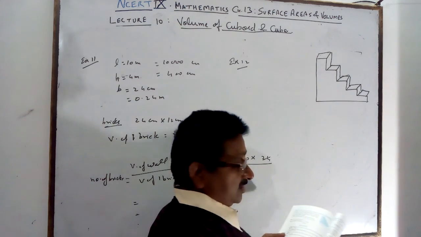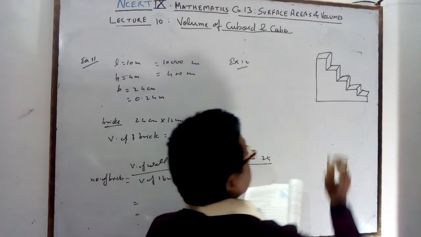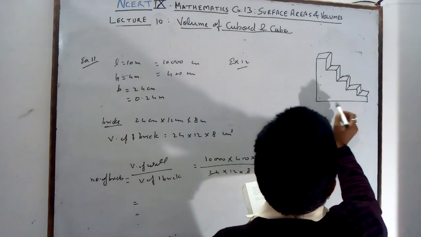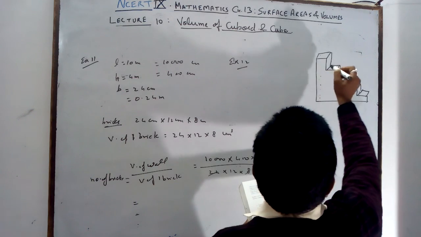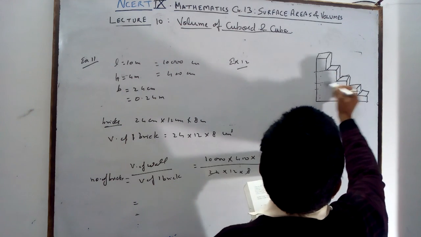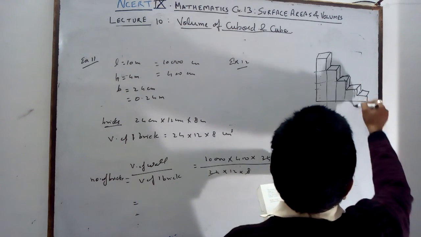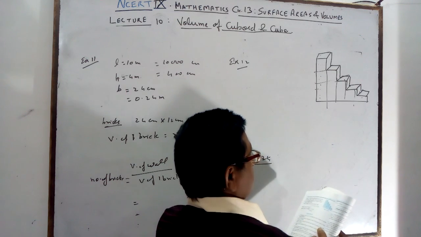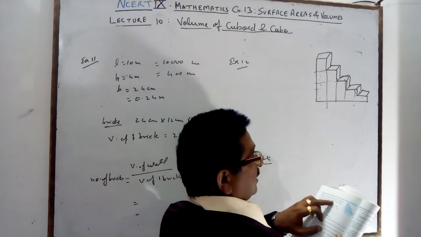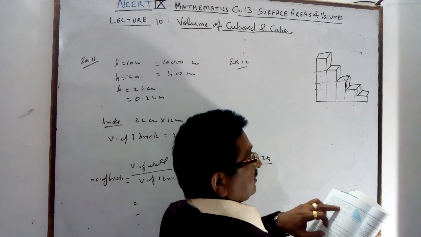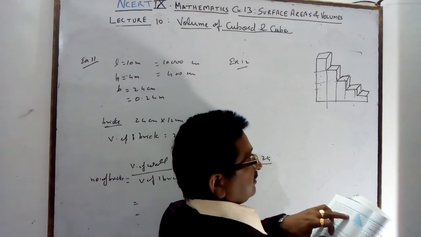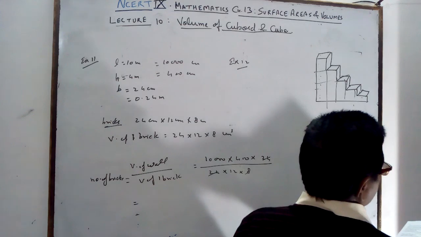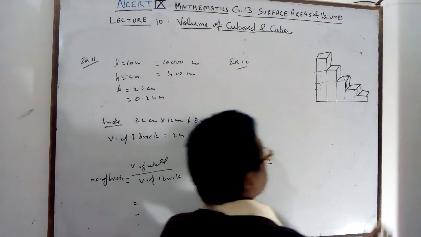So the bricks are what is given. It is the number of bricks here. Total is given 5: 1, 2, 3, 4, 5. So you are getting the division like this. It is given in the book: the volume of each edge. If the edge of the cube is 3 centimeter, find the volume of the structure built by the child.